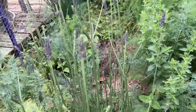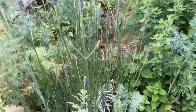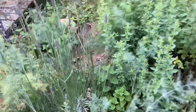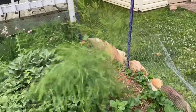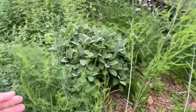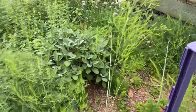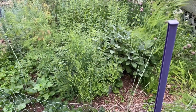So here's my lavender. Oh, it's so pretty. I'm so happy to have lavender. I'm going to get some more, I think, at the farmer's market because I've not had any luck growing it. All my asparagus is done. I have some purple asparagus coming from Stark Brothers,